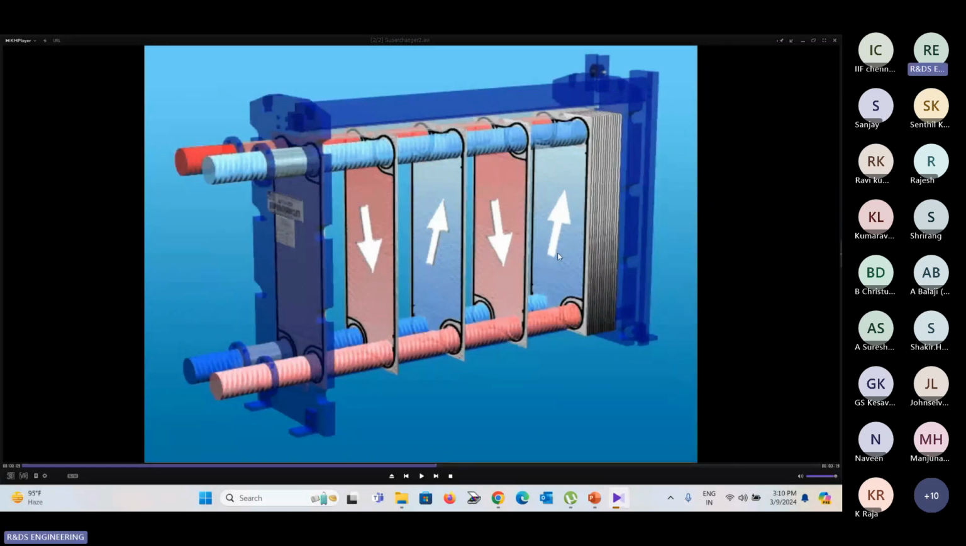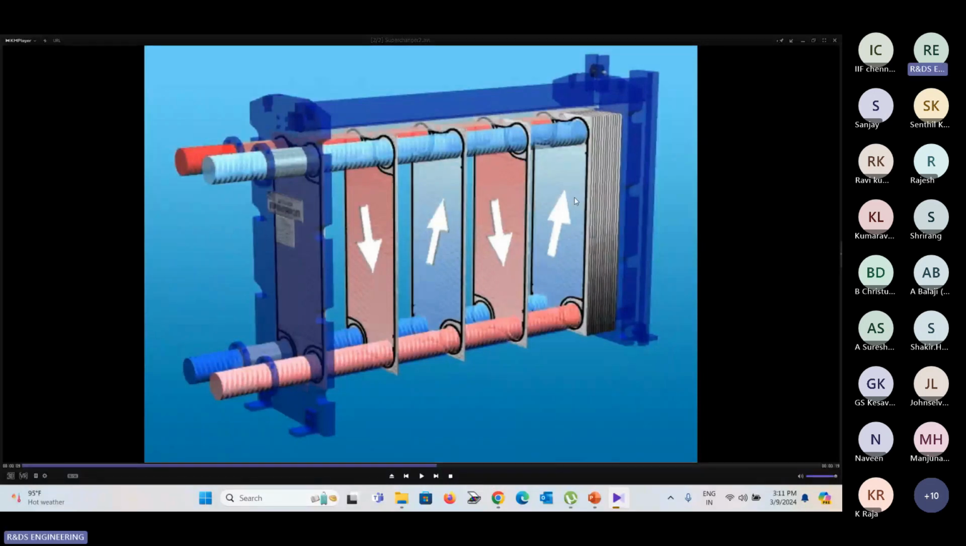You can see the arrow mark, blue color. Because of this alternative flow arrangement, one side of the plate is hot and the other side is cold, oil and water, like that. Based on the capacity, temperature, thermal length, and the flow, we decide the heat exchanger